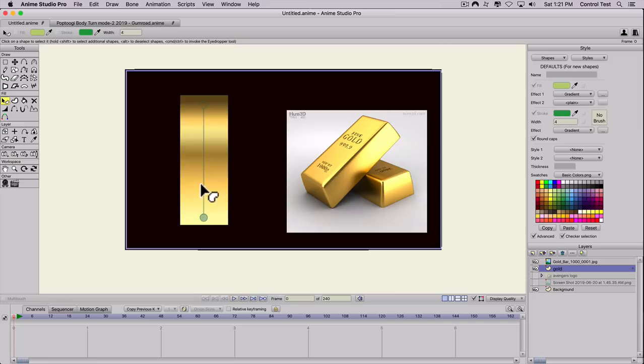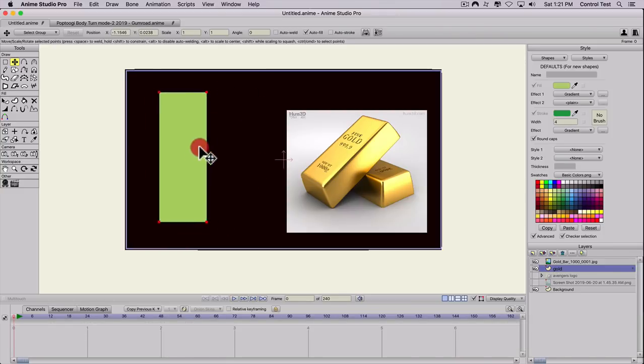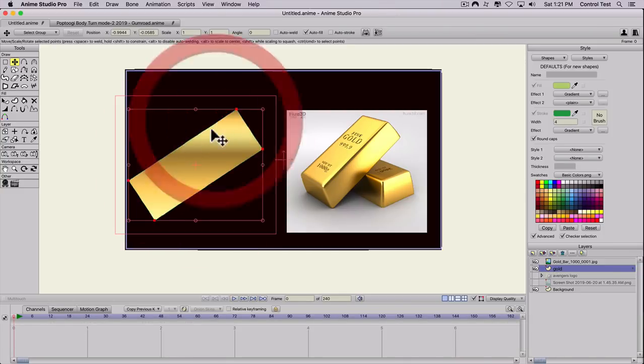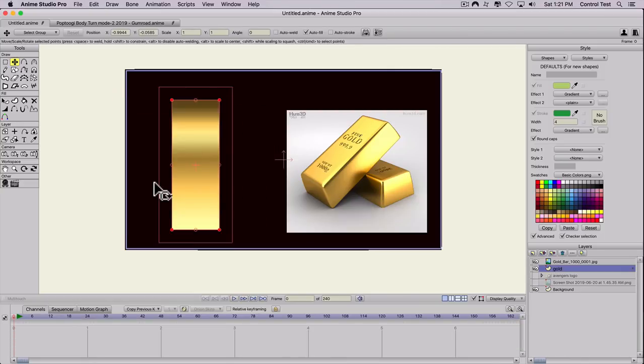But the problem is, now we've got this gradient in here, and say you're animating this object. You know, I'm moving it around. Doesn't look like the gradient's changing, but all of a sudden, if I rotate this, you can see the gradient is staying from top to bottom. It's not rotating with my shape, which can be a big problem if you're trying to kind of keep this gradient stuck to this picture or this piece of artwork. So in order to have your gradient stay with it, again, you'll have to have it in a folder, or you can bind it to a